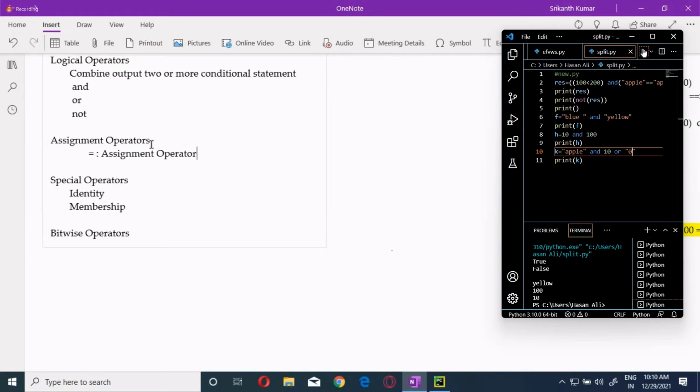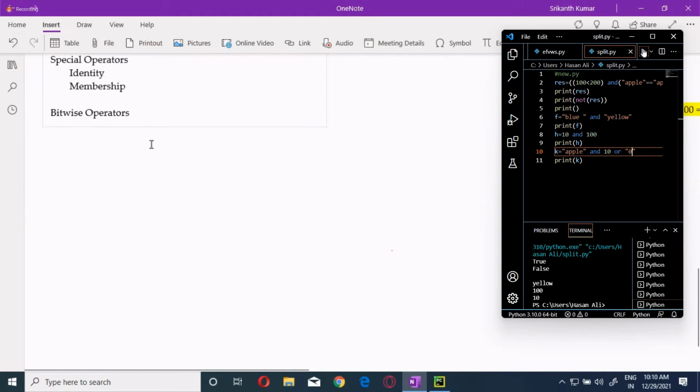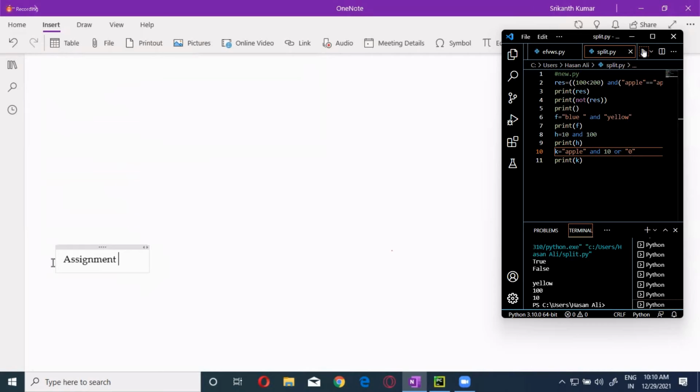What is that? Anyone? When we started with Python, I explained the assignment operator behavior, and I said that we are going to cover this one also.